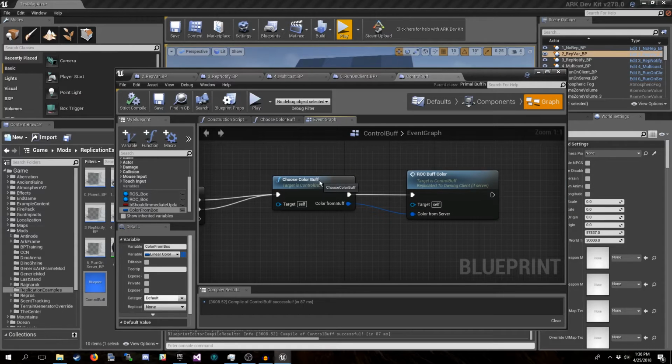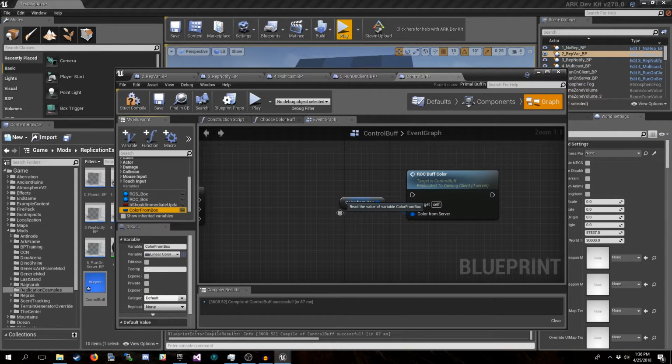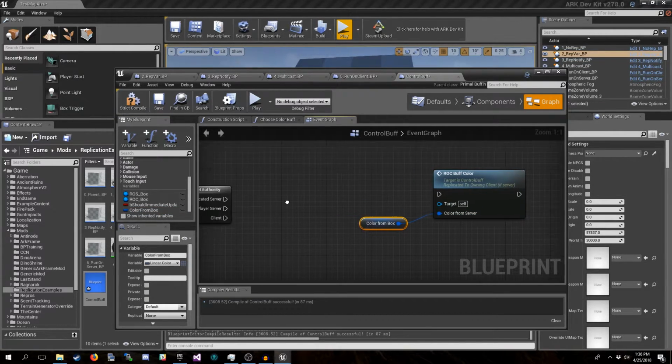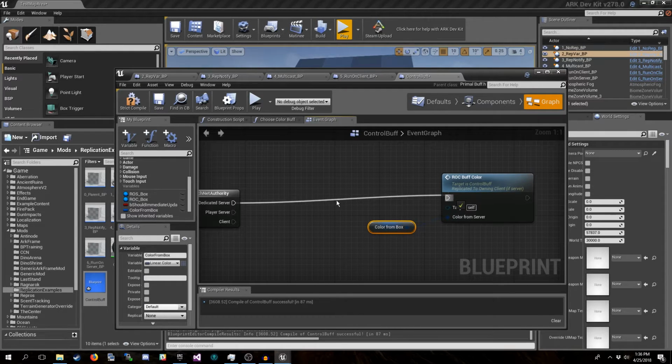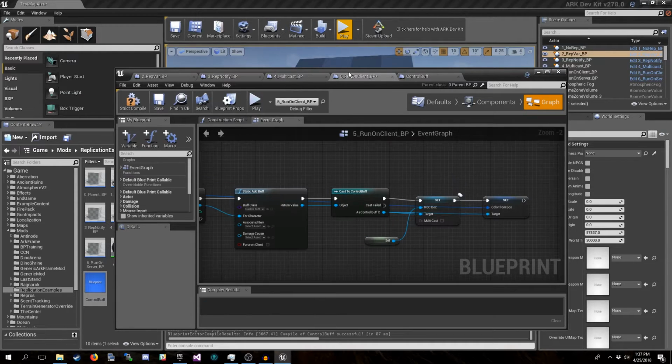And then all we have to do is remove that function and feed the variable into our run on client event. Drag that there, and then we save and compile.